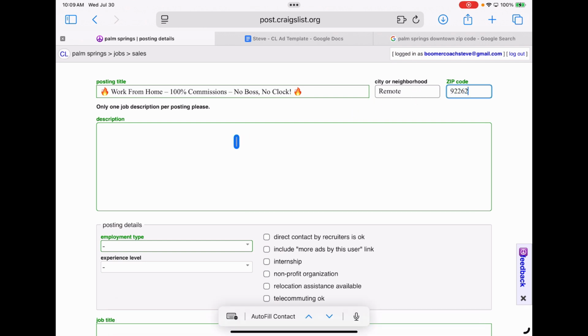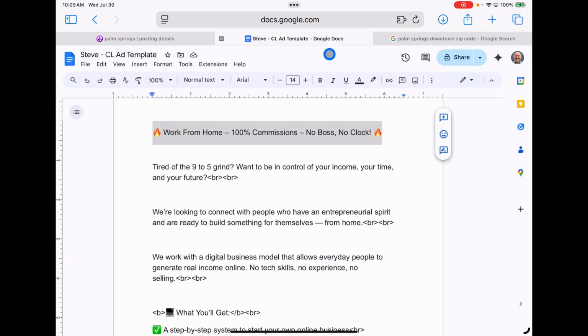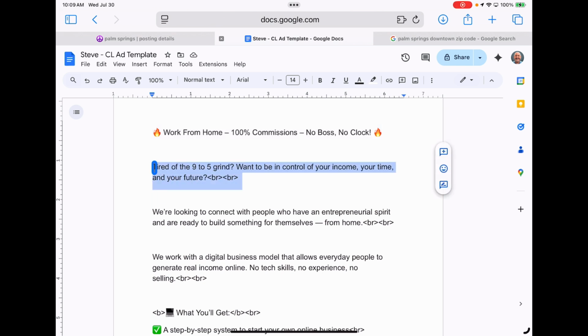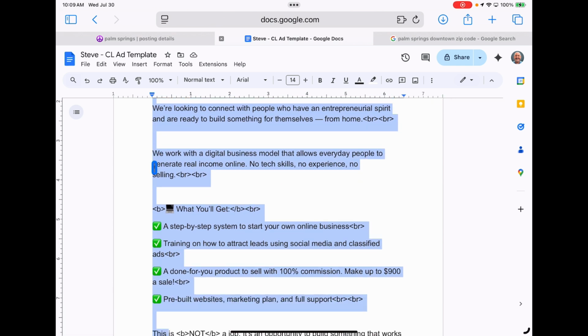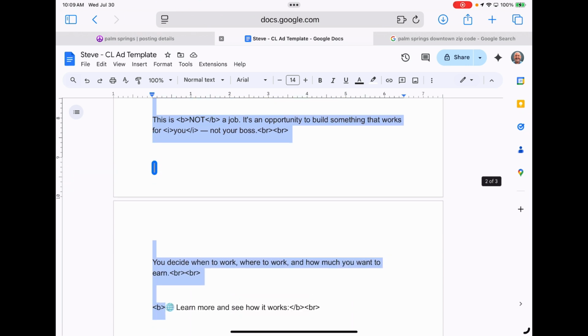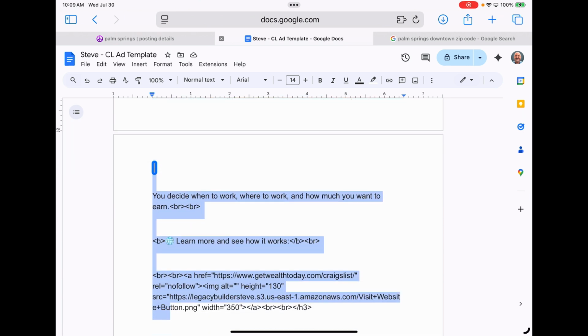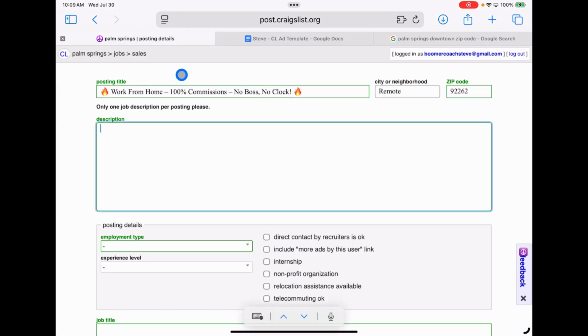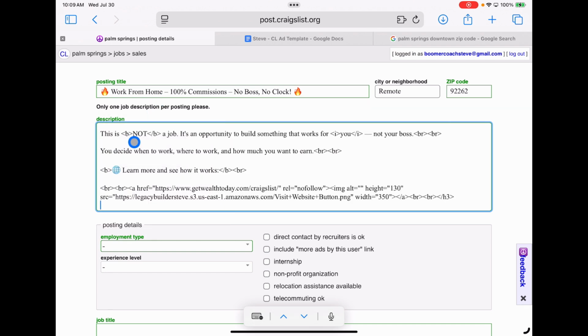There we go. Now for description, we're going to copy our ad here. All the way down. There we go. Copy. And paste.